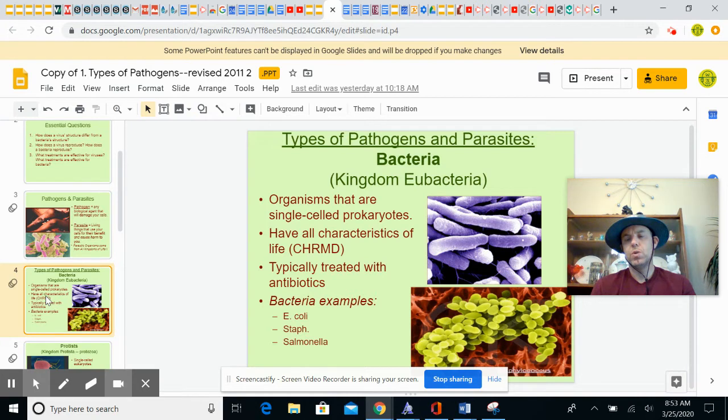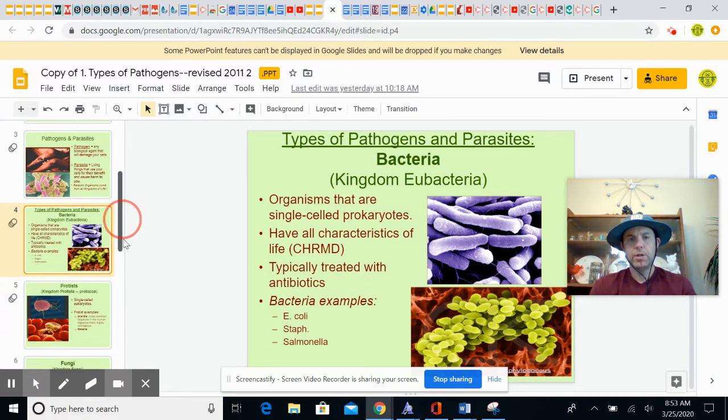So let's say you eat raw chicken. Well, you shouldn't eat raw chicken because some of it might have salmonella on it. Salmonella is a bacteria. Not all raw chicken is going to make you sick with salmonella; it has to have the bacteria. So that's why they always say cook your chicken all the way through. Make sure you wash the cutting board with hot soapy water and you wash your hands very well before you touch the food that you're going to eat.